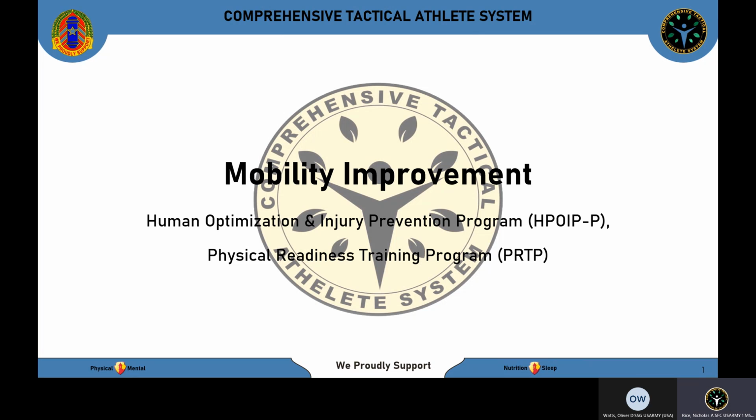Now, to get started, I always like to start with some critical thinking questions just to get the mind in the same realm of the content we're about to discuss. So, Sergeant Watts, how would you describe your understanding of mobility? I would describe it as pretty much being able to move efficiently, like bending, hinging, squatting, just having full